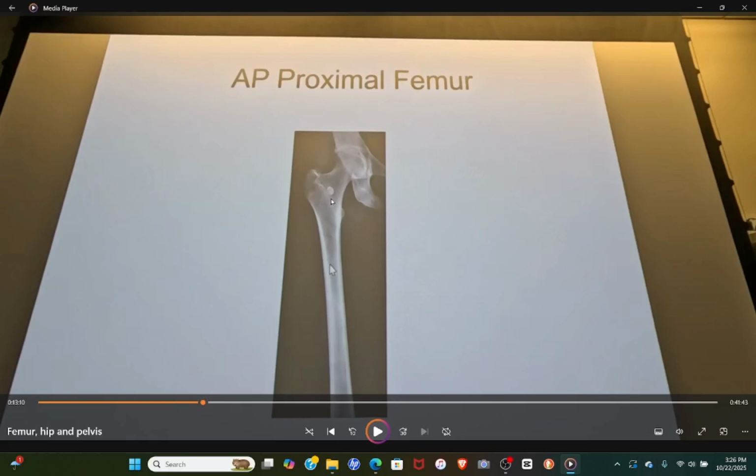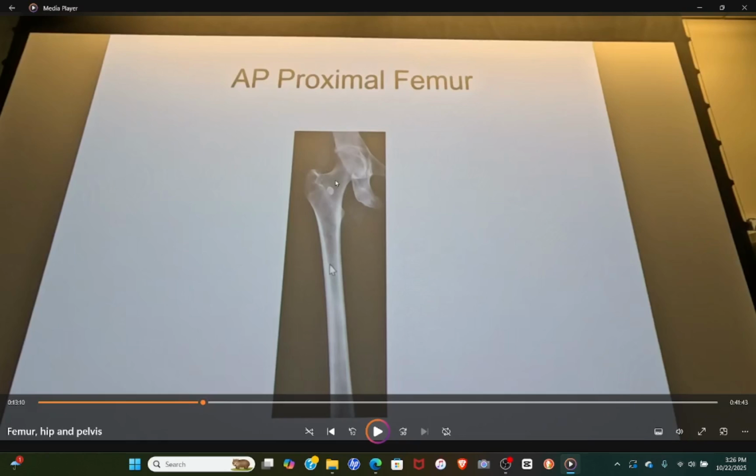And if you have a patient with an intertrochanteric hip fracture that's been repaired, what you're going to see is a great big fat screw, and it looks to be about the size of your thumb or maybe your pinky finger, and it's going all the way up into the head of the femur. And then you've got a plate that comes down on the outside of the femur with screws that go across to hold everything together. The other is what we refer to as a surgical neck or a femoral neck fracture,